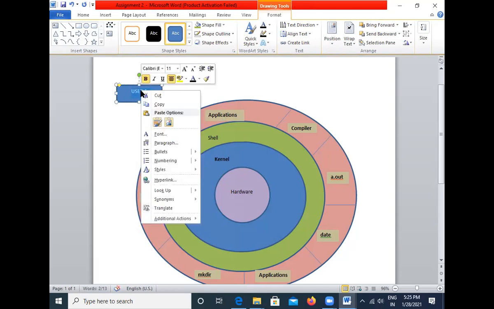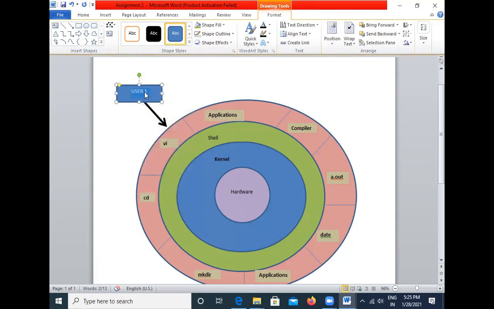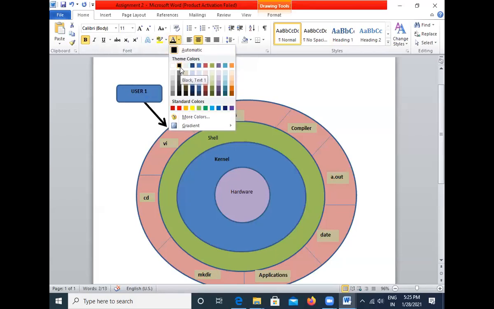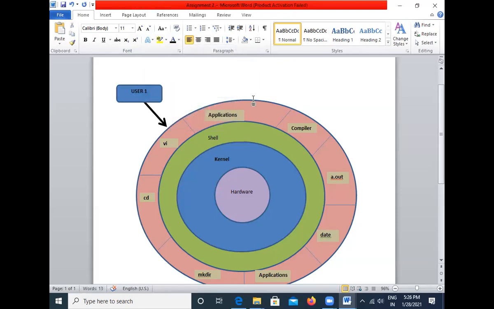Then select this and go to this option. Font color you can keep as theme colors, or if you want different colors, that can also be done. So in the similar way you need to do it for the others.